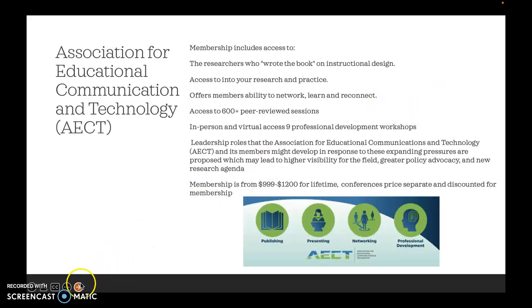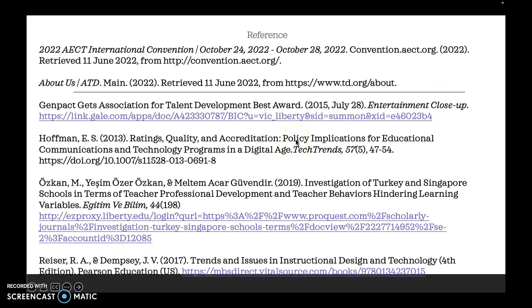Lastly, my references. What we want to get out of this is all the information is available via internet websites and the about sections of most of these organizations.